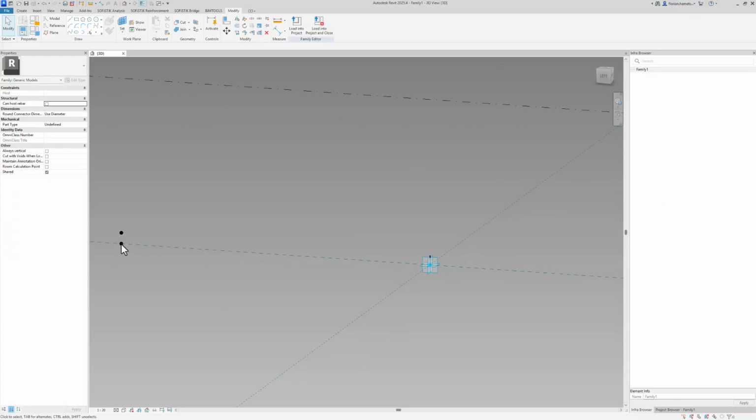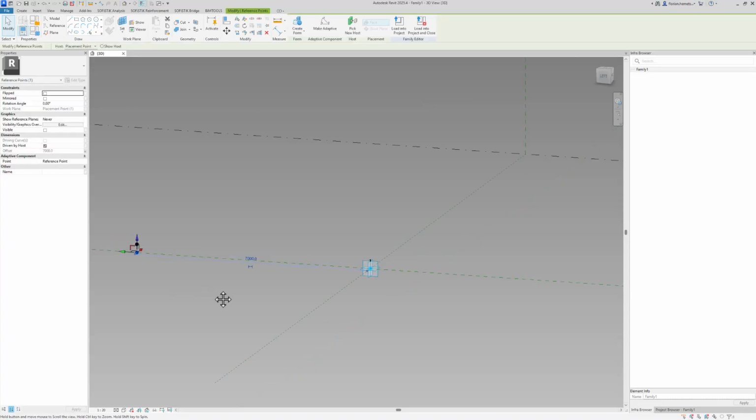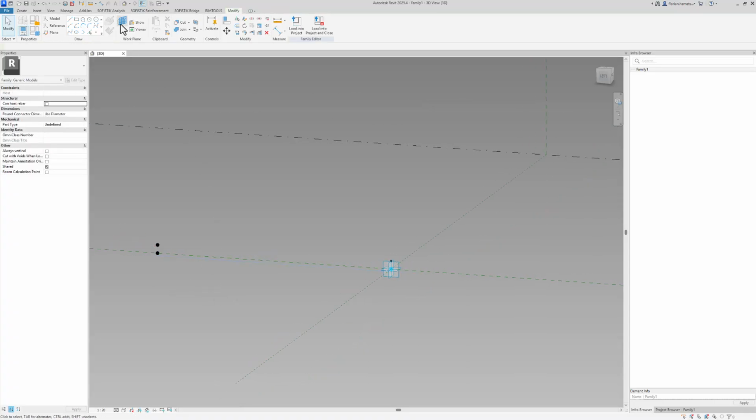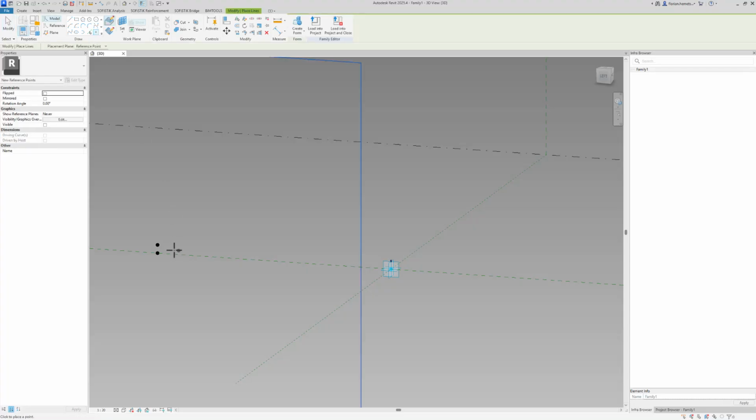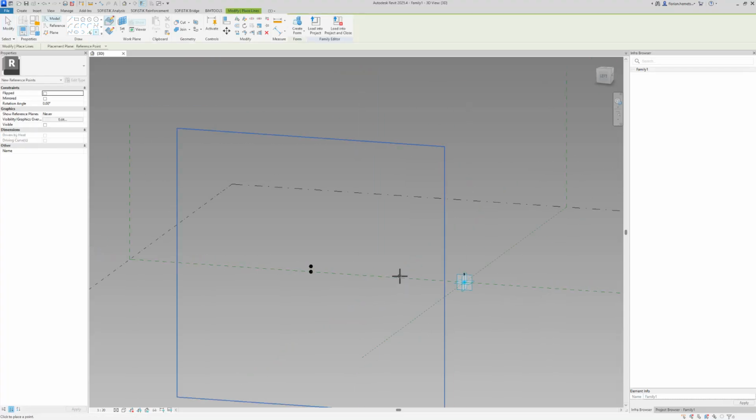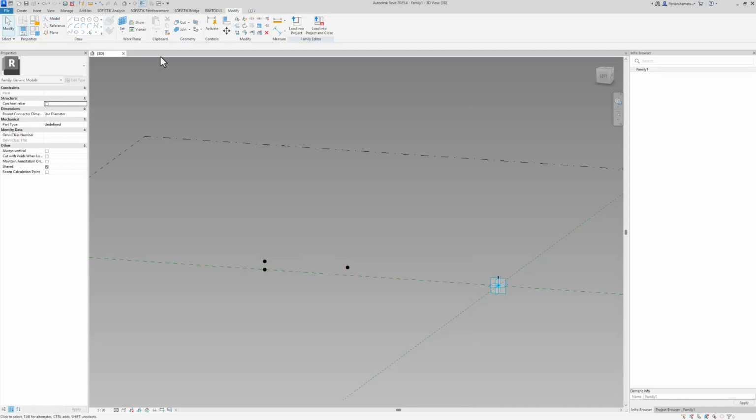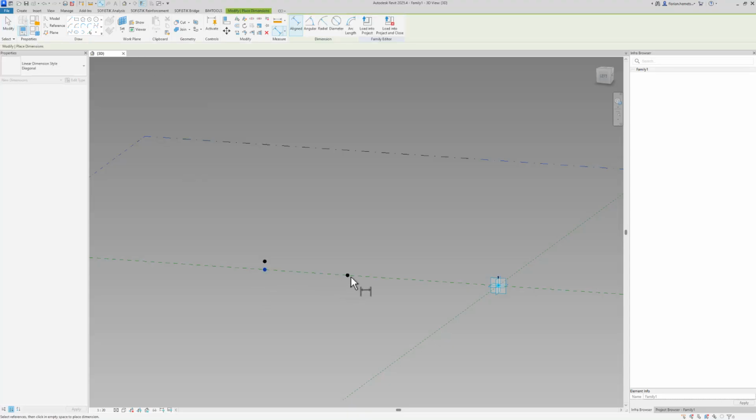Because next up, I don't want to use the offsets as a parametrization method. This time I want to use the dimension lines as a parameter. To do so, I create a point in this plane of my other point. I align it to the vertical proper assignment, and I create a dimension line in between the two.